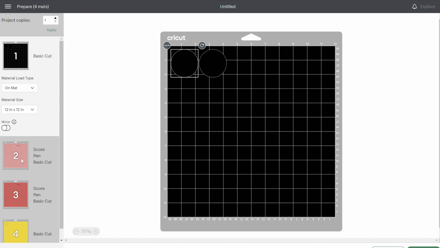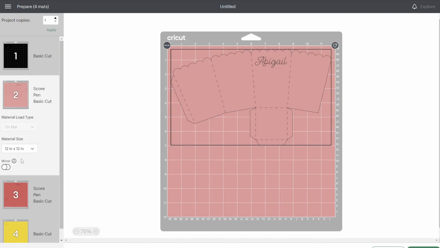And so one thing, when you are working with score lines and pens, you always want to check your mats. You want to make sure if you're scoring, it says score. If you've got the pen, it says pen. And you want to make sure the score lines are where they need to be, and so is the pen, because this is how it's going to look when it comes out. So if your pen is on a different layer, or if it's down here or something, then it's not going